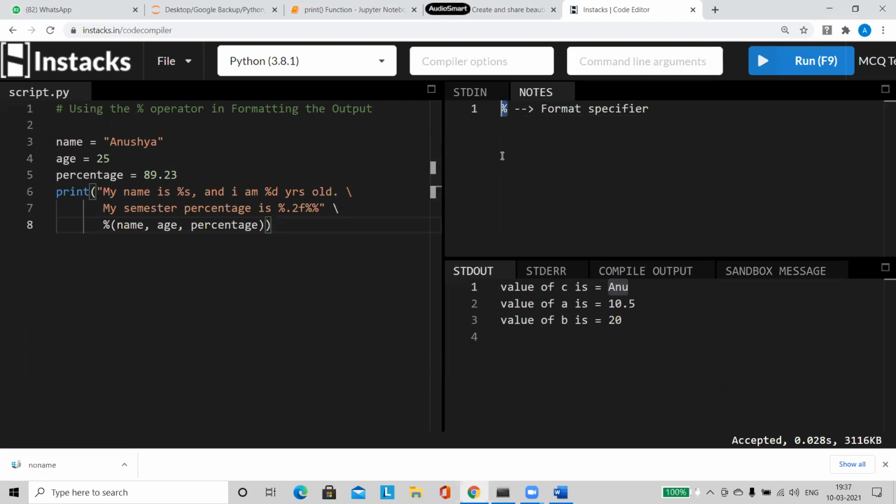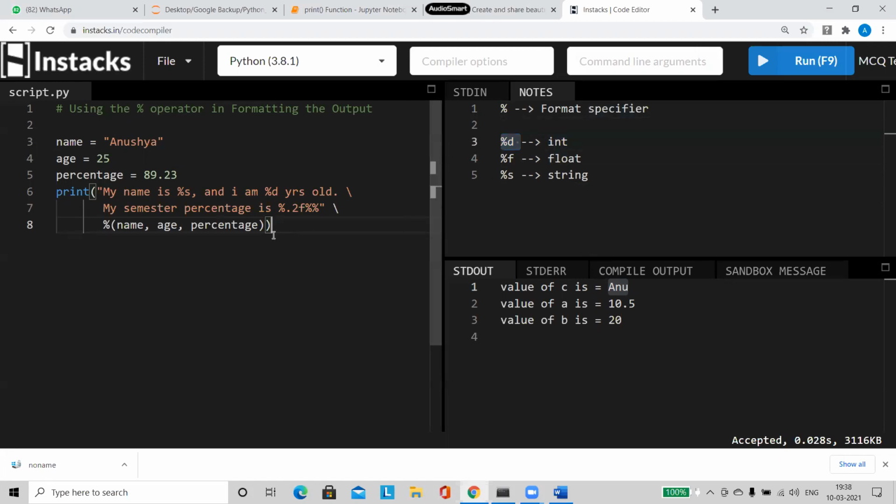Without this, we cannot print at all. So how will you use this? We will say percentage D. This we will use for integer. We will use percentage F. This we will use for the float. We will use percentage S. This we will use for string values. So like this, every data type has one format specifier.